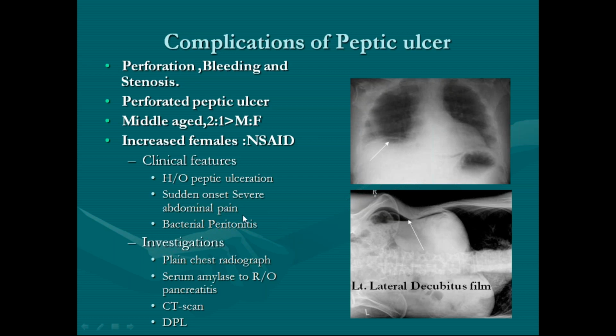So these are all history. And what are the classical features when you examine the patient? On examining the abdomen, the patient will have cardboard like rigidity, and in all the quadrants there will be distension of the abdomen. All the quadrants of the abdomen will not move equally with respiration.